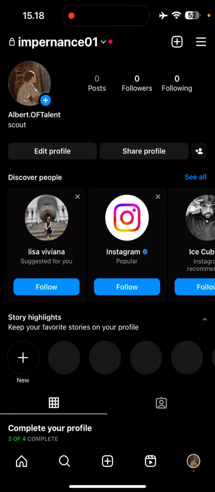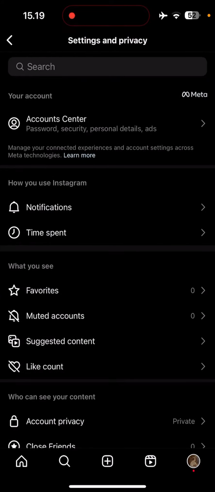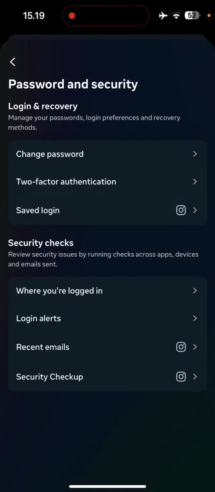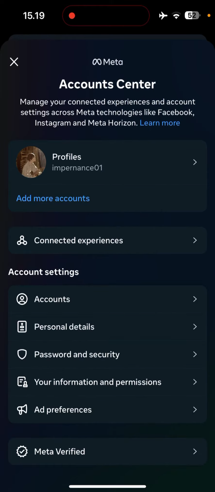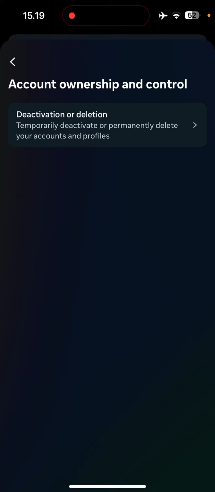So how to delete your Instagram account? Just tap the three stripes on the top right, then head to Settings and Privacy. You want to click on Account Center, and then you want to go to Password and... no, not this one, Personal Details. You want to click here, and there's a deactivation or